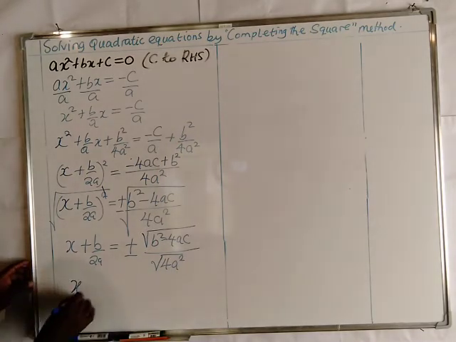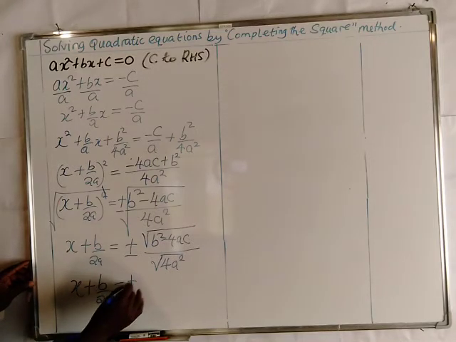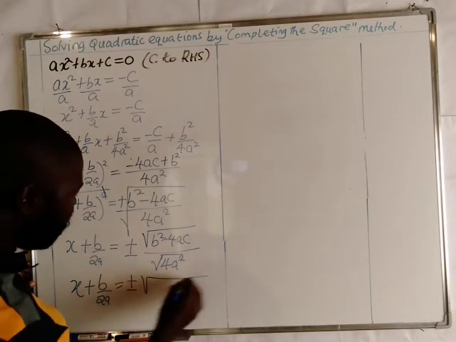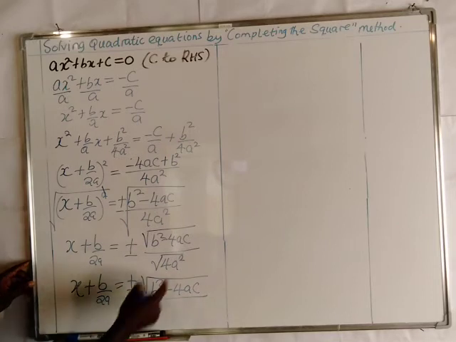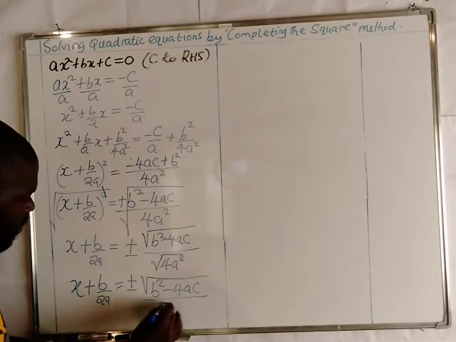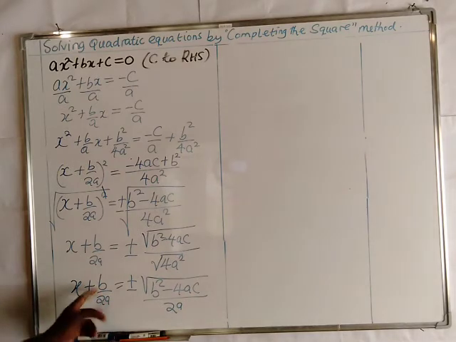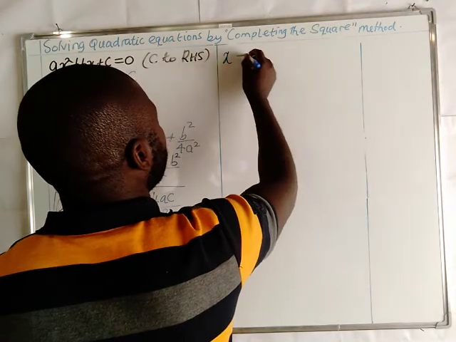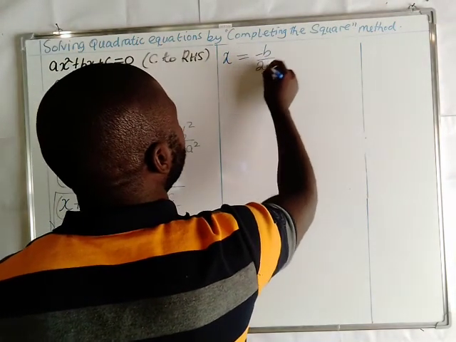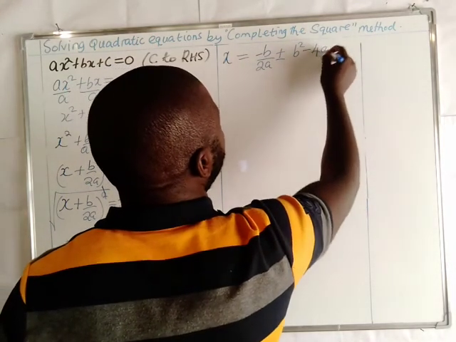Okay, so once we are here, we can easily get the square root of 4a squared. So we have x plus b over 2a is equal to plus or minus the numerator, which remains the way it is, over the square root of 4a squared, which is actually 2a. Okay, so once we are here, all we need to do is to transfer b over 2a, which is on the left hand side, to the right hand side. Also we have x is equal to minus b over 2a plus or minus the square root of b squared minus 4ac